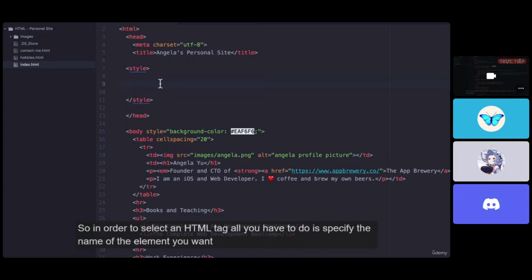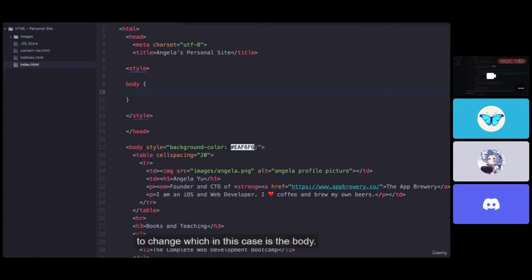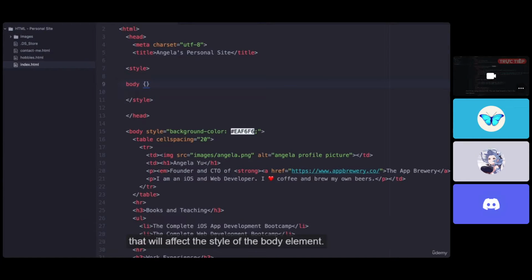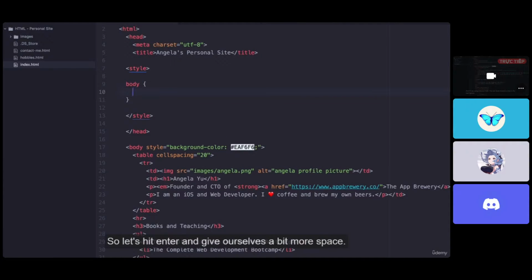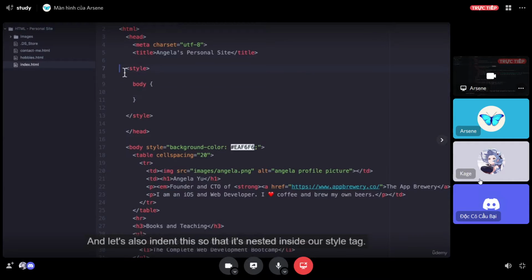So in order to select an HTML tag, all you have to do is specify the name of the element you want to change, which in this case is the body, and then you're going to create a set of curly braces, inside which you're going to write your CSS code that will affect the style of the body element. So let's hit enter and give ourselves a bit more space, and let's also indent this so that it's nested